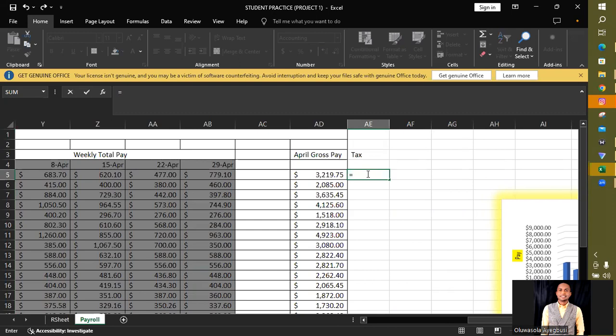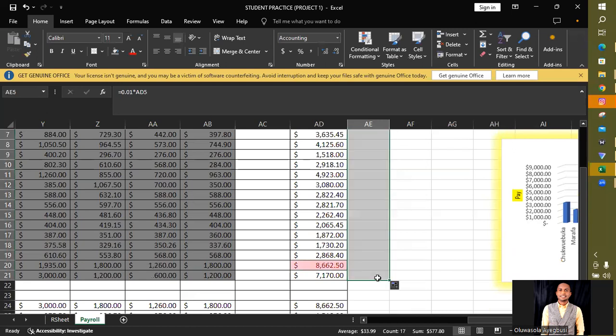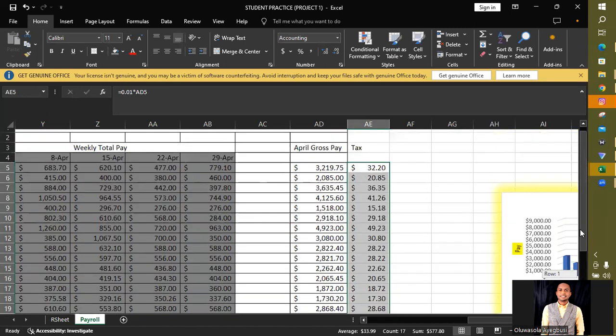Let's say if it's 5 over 100, that's 0.05. So let's then multiply by this. It's giving this. All right, so you can then stretch it down. You stretch it down, and you can then come again and